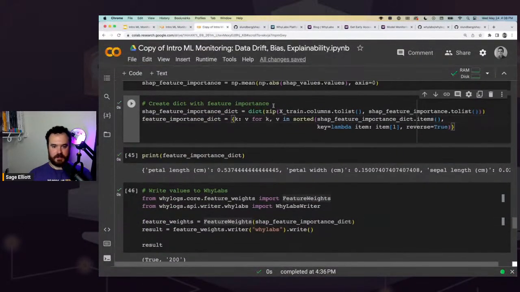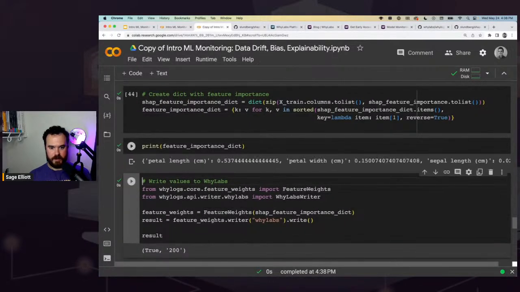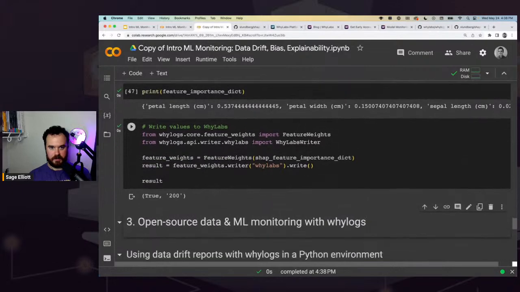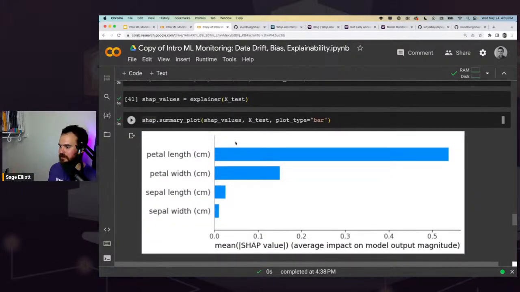But if you already have it, you can start playing around with the features there, where you'll have a graph that looks like this telling you the importance of your data, and you'll be able to click into petal length and petal width and sepal width, etc. This is a good way of understanding your model in production.